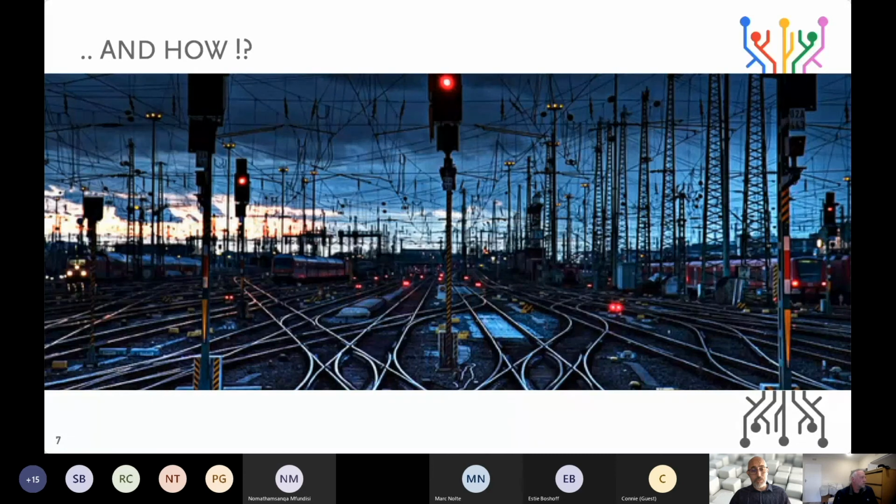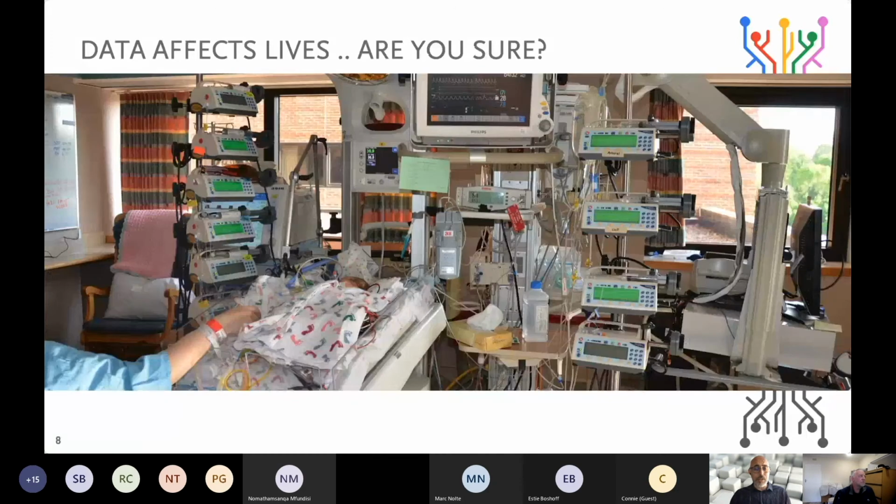And on top of that, we see that nowadays more and more, data really affects lives. It's not just the data that's in a database anymore. Systems report personal data. Systems affect lives, like this picture shows you. As soon as you do something with data or IT systems, the question becomes more prevalent: are you sure that this is the right way to do this and the correct way to handle it? And the only real way to tackle that dilemma is to realize that we're